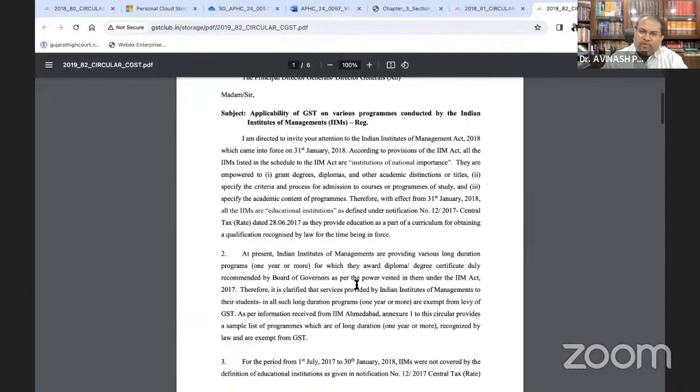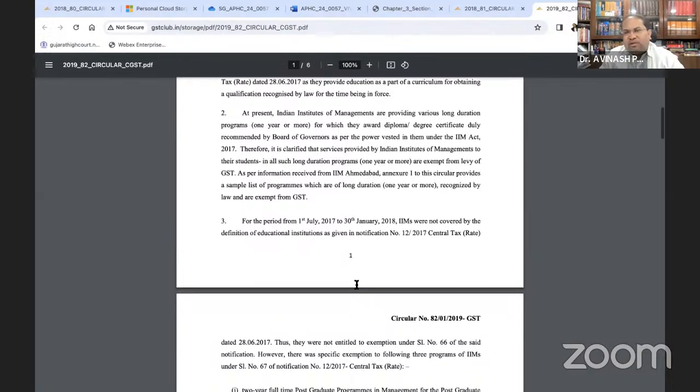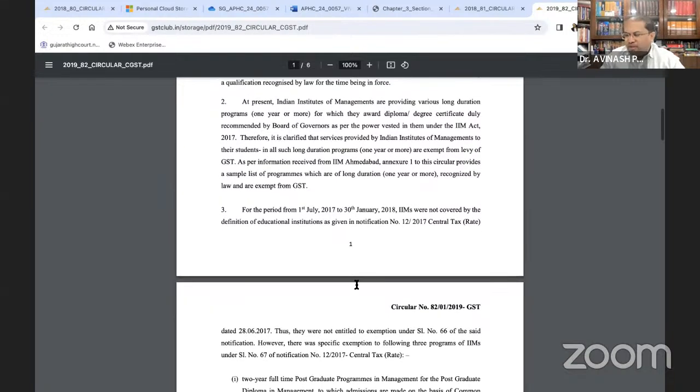Therefore, with effect from 31st January 2018, all the IIMs are educational institutions as defined in notification 12/2017, as they provide education as a part of a curriculum for obtaining a qualification recognized by law for the time being in force. So the answer is very clear that IIMs, whatever qualifications or degrees they are providing, are being covered as educational institutions, and therefore the services are exempt. At present, Indian Institutes of Management are providing various long duration programs, 1 year or more,